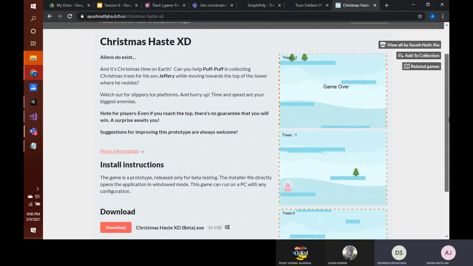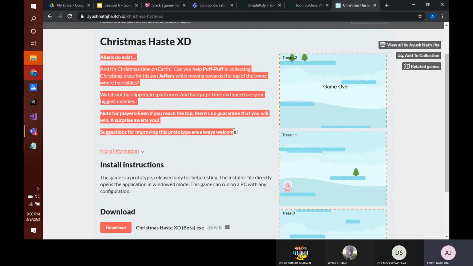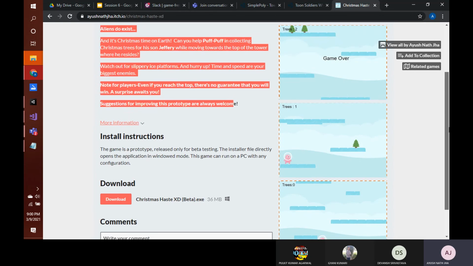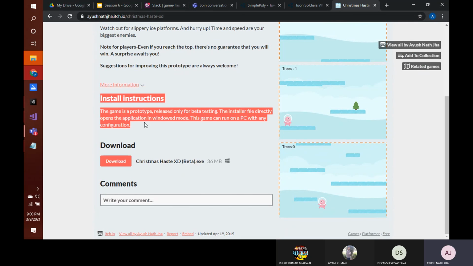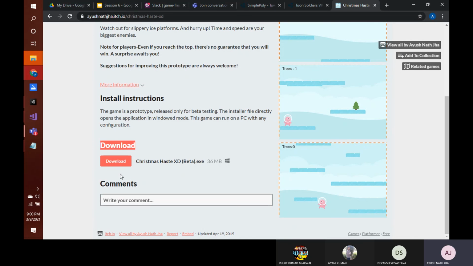So when you create your page, you can have this top title, and then this is the description. These are the screenshots of the game, and then you have this install instructions you can add, like how the user must install. And then beneath this is the download button, where you will have your zip file. Since this game was created on a different game engine, the exe file is directly present here. So if you are creating on, let's say, Unity, you'll have to package your project into a zip file and then upload it. Then if you click on download, your zip file will be downloaded.